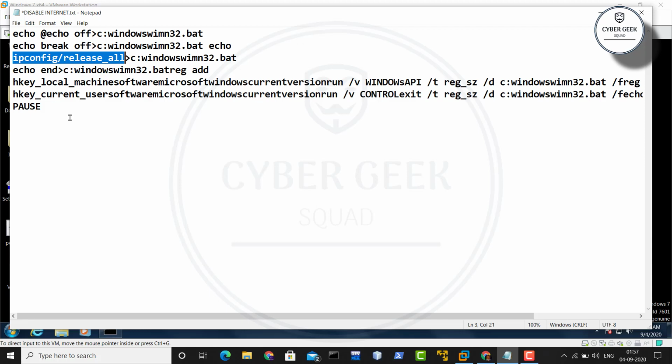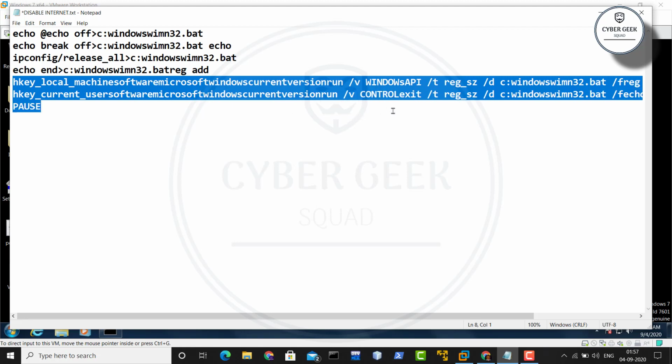Now the important part comes here, why this is very dangerous stuff for beginners. I'm telling you from the beginning itself. Now you can see it says HKEY_LOCAL_MACHINE. What is key over there? Basically this is where your registry of your system is managed and kept.